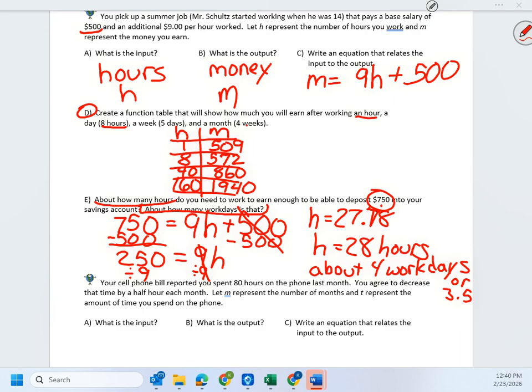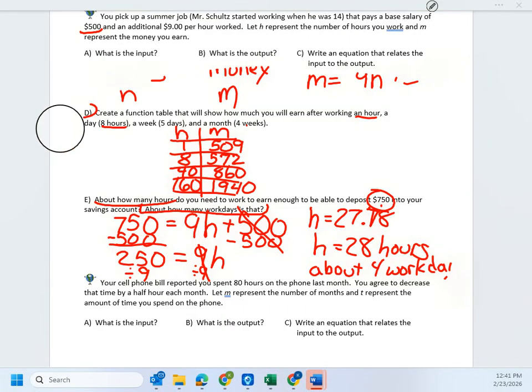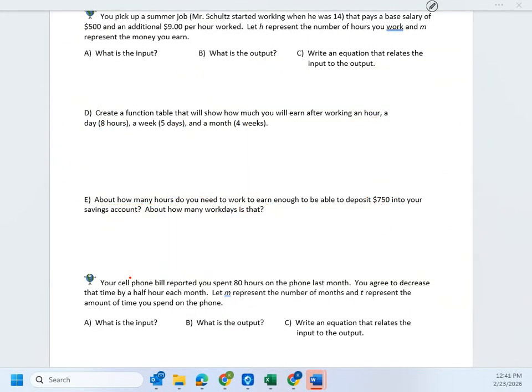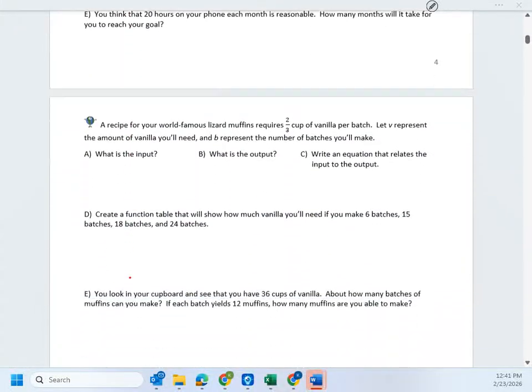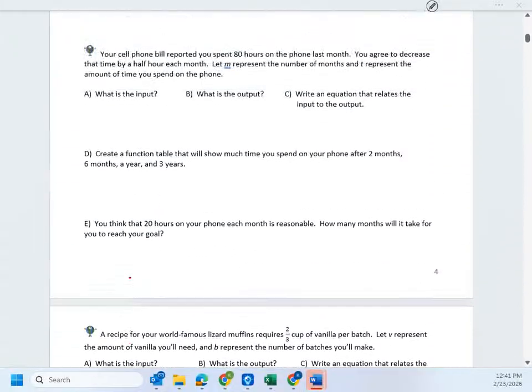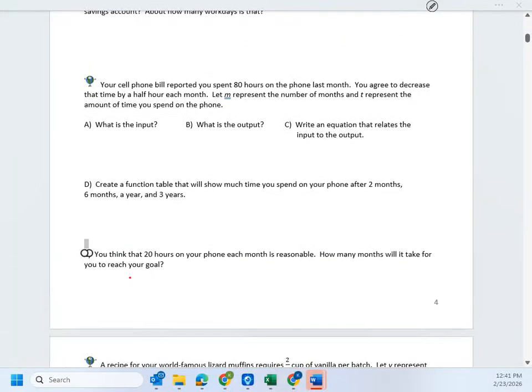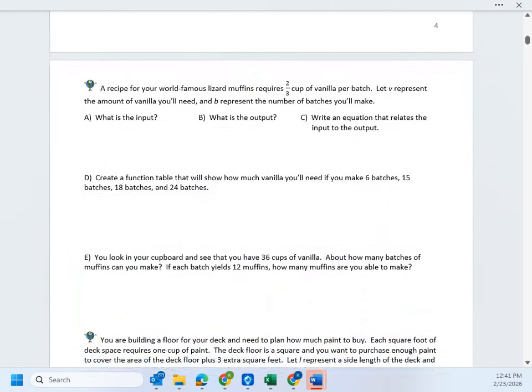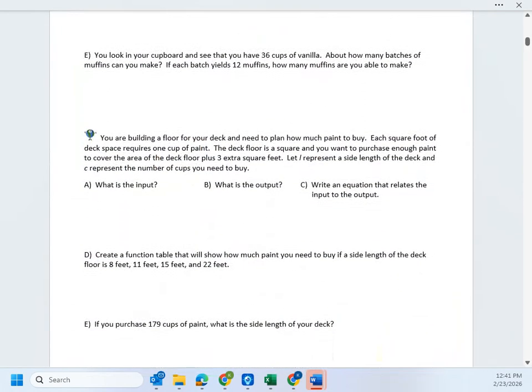So we have the bottom one. Let's look at that third page, because some of us noticed there's a third page on this one. We have another one here, and another, so we've got 3. Let's look at this bottom one. On that second page, you have, and actually, you know what I'm going to do? Let me see. Do you guys have this one? Yeah. The building a floor? Yeah. Okay, this one